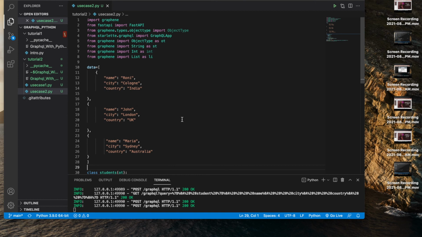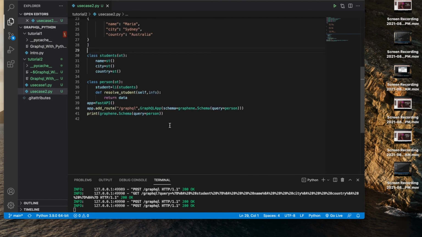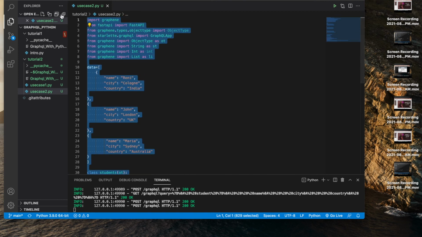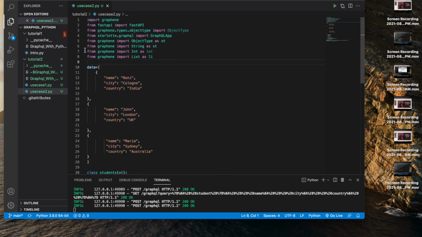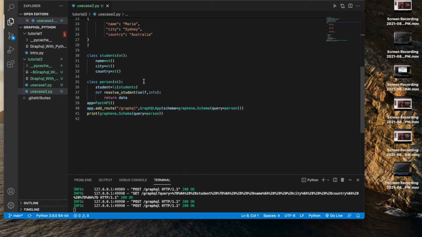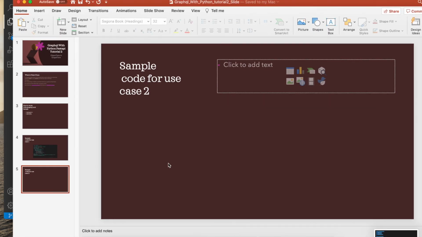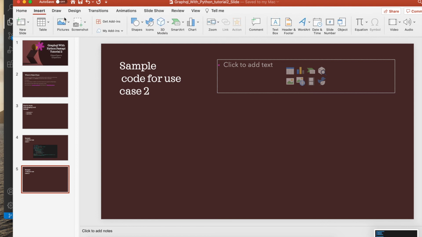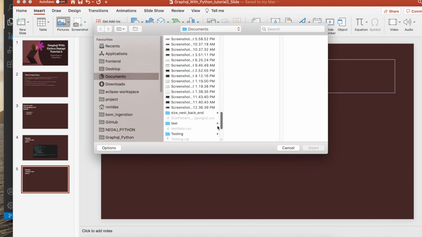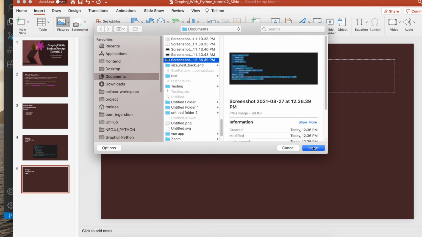Okay, so what I will do, let me copy paste these things. I don't think all of it is required. The main thing is this part, so maybe I can put this thing over here, and after that like this.